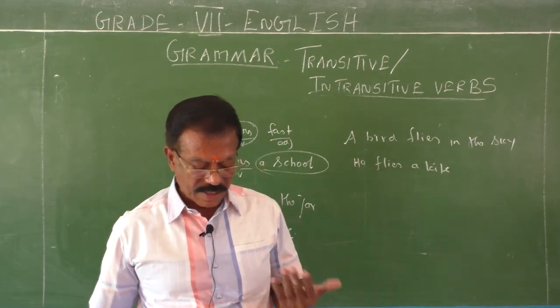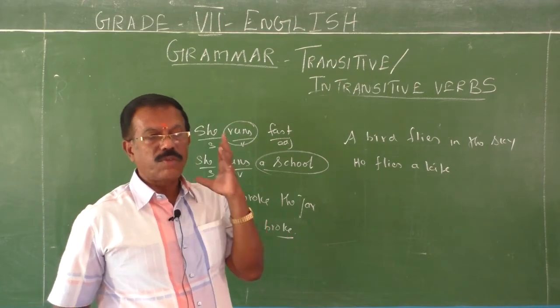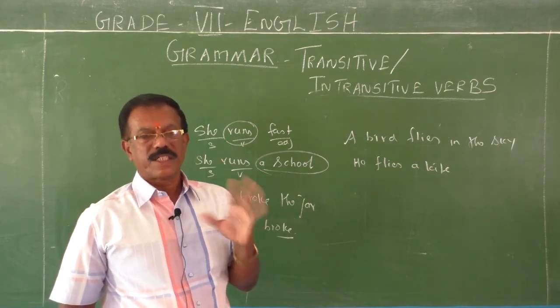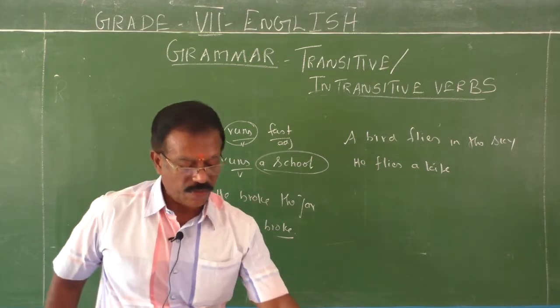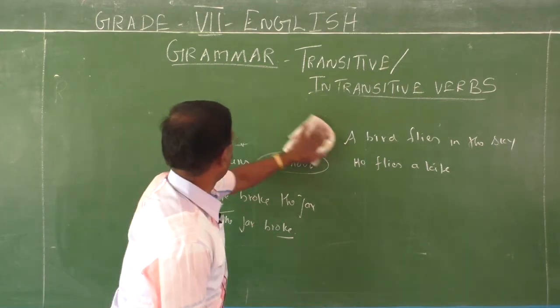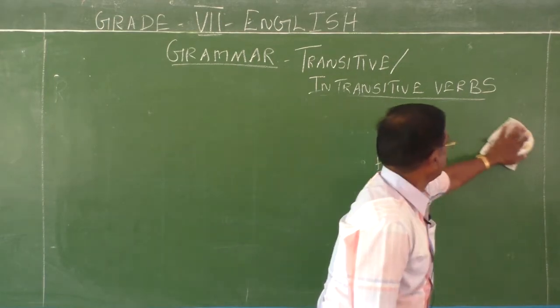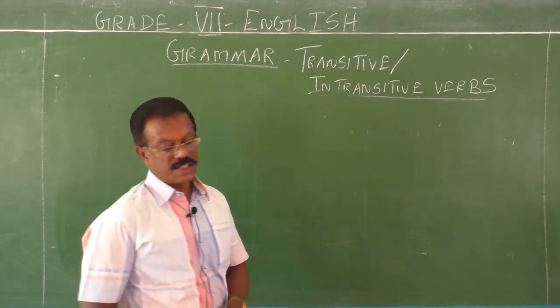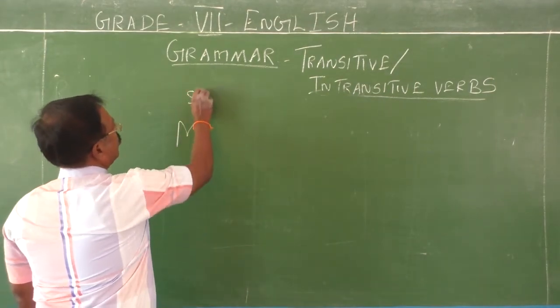And based on some spelling also, we have to mind the spelling. The spelling differentiates transitive and intransitive. For that also, I will give you one or two examples. So, when you write sentences using these transitive and intransitive verbs, you have to mind the spelling, children. See, spelling difference.